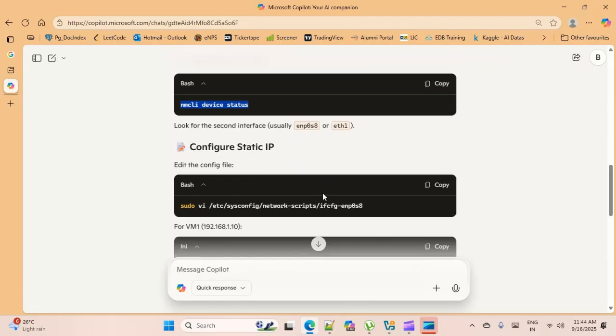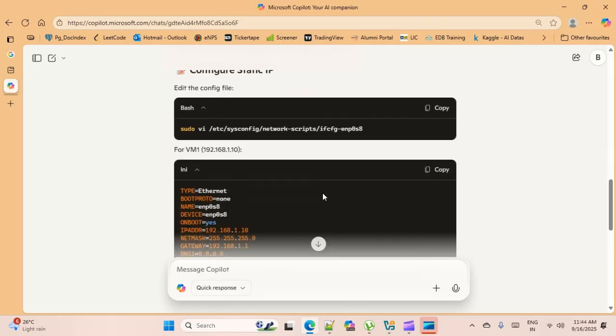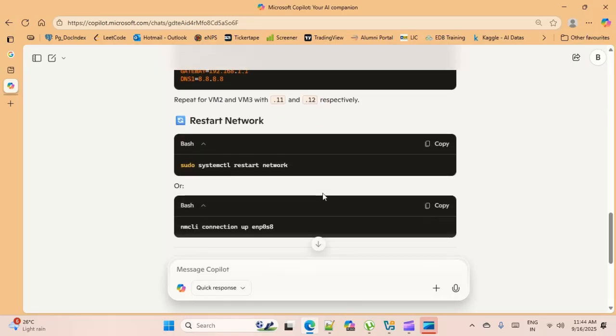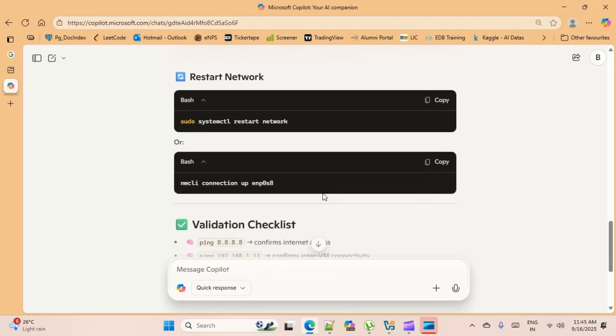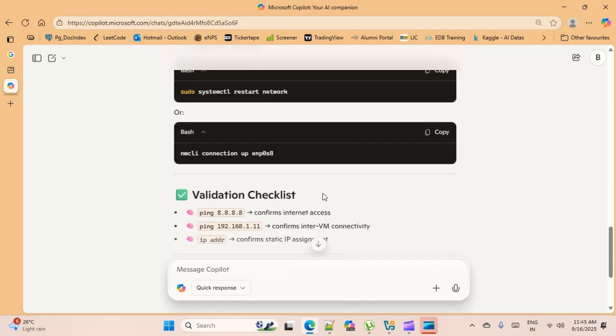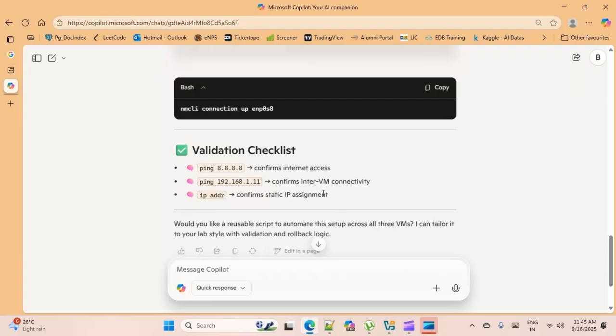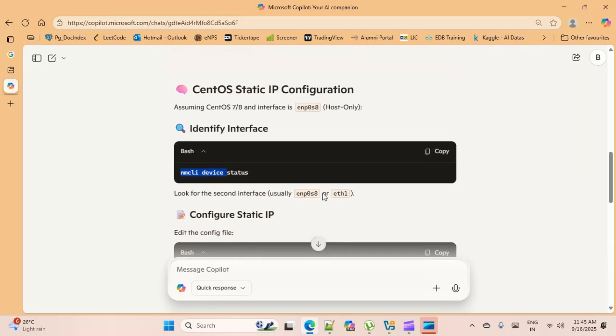Configure static IP. Systemctl restart network. nmcli connection up. Then validate checklist: internet access, ping, inter-VM connectivity. Confirm static IP assignment. So what it is saying, you have to do in all the